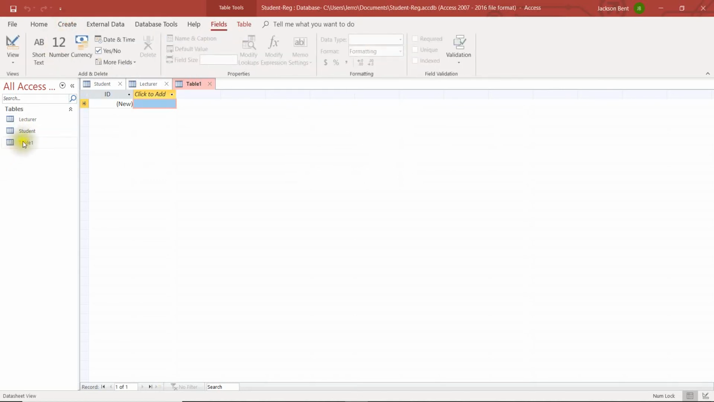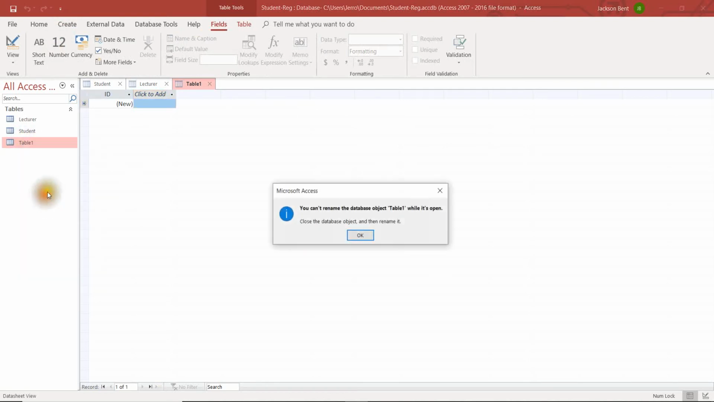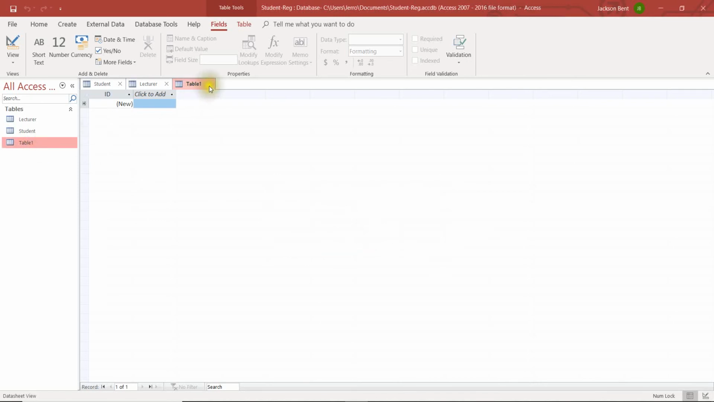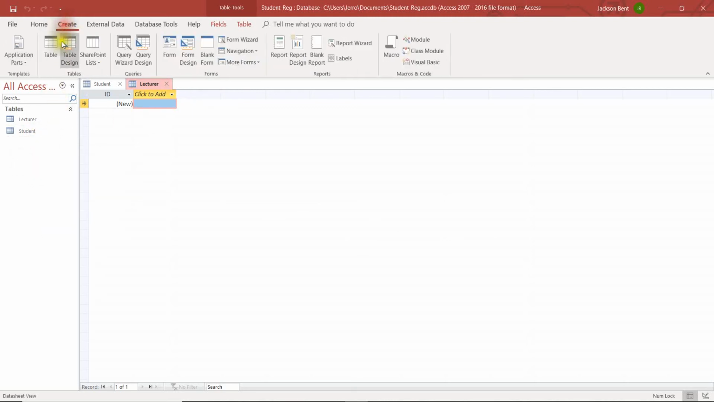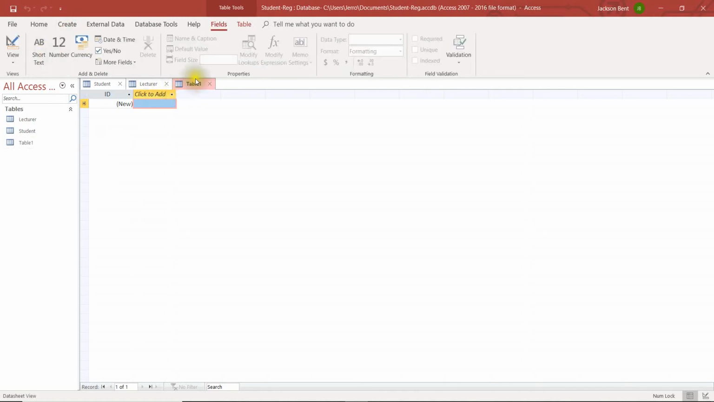For the last table, you can right click here and just simply rename. Okay, you cannot rename it from here while it's still open. So if I'm going to use that option, I have to close it first. I'll just do that again. Create table, and let's just use a normal strategy that I've been using so that we don't waste time. Course table. So you've got 3 tables here, and we haven't created any fields yet